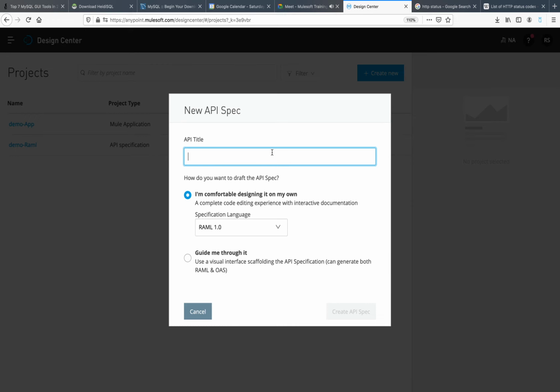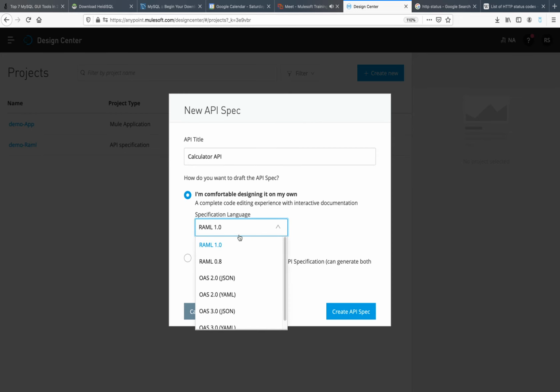What we are going to create is a calculator YAML for calculator API. Now version, so we'll take the latest version of YAML available for this Anypoint platform. Actually latest version is 2.0, but here you can see the supported latest is 1.0. So I will take this one and click on create API spec.